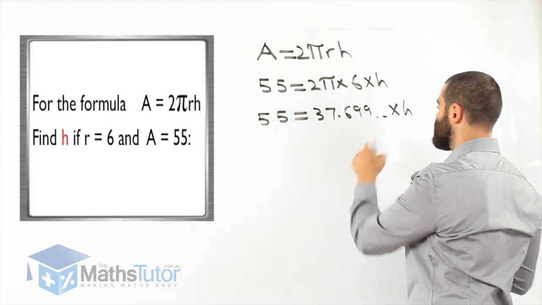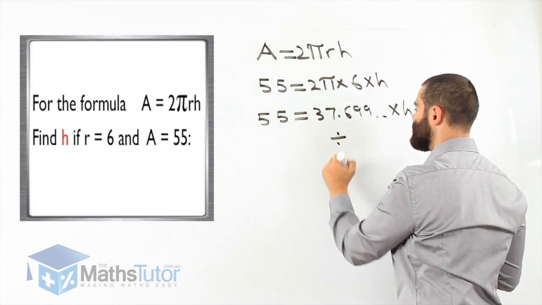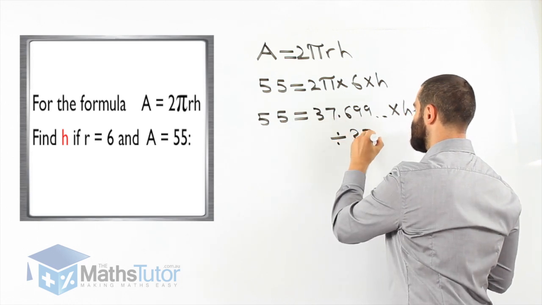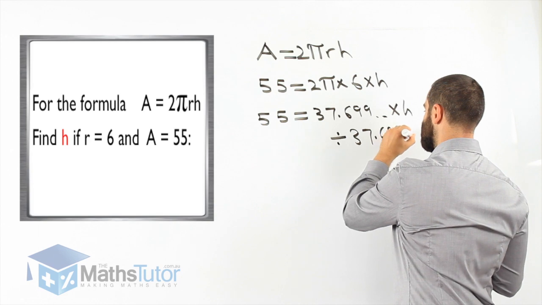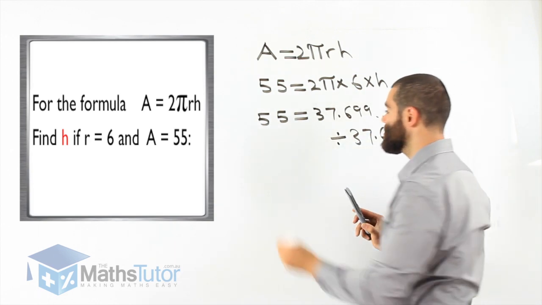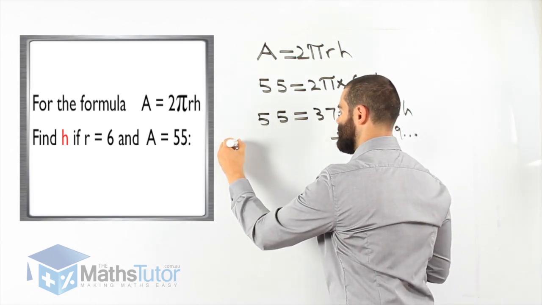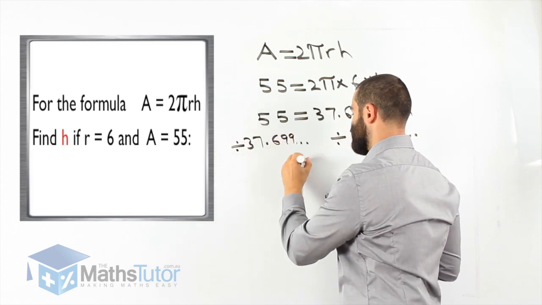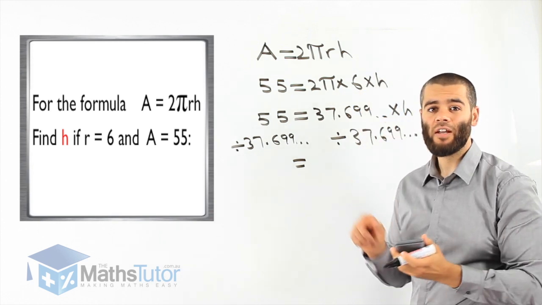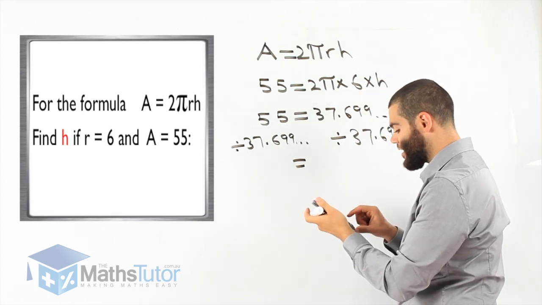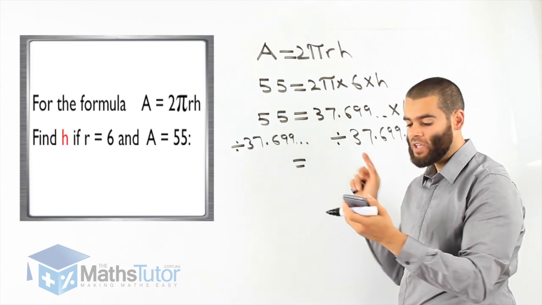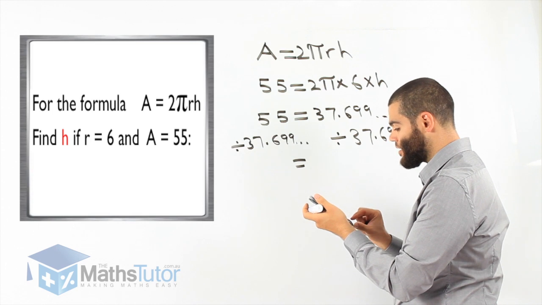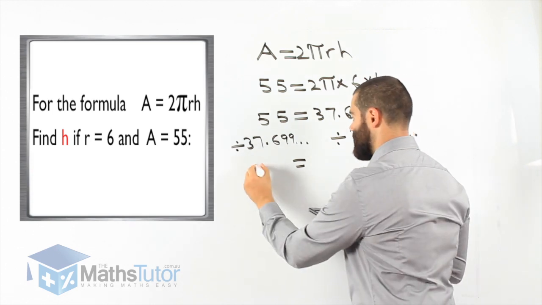Now we want to work out H. Times is divide. So basically we're dividing by the same number. You can keep it in your calculator because you're going to use it. So 55 divided by the answer that we already had originally in the calculator, which is 37.699, and the answer keeps going. So 55 divided by our answer,